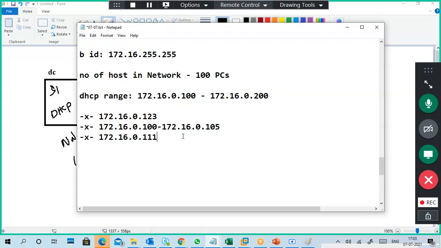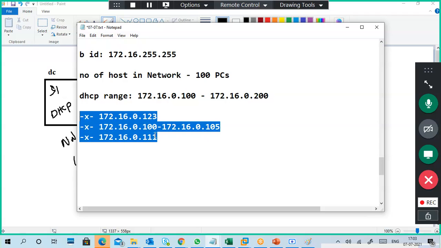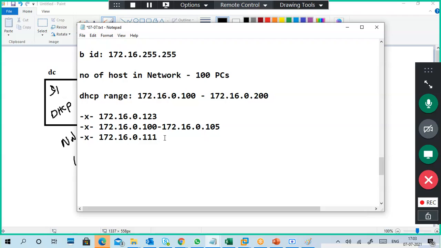So like that, these are the exceptions. Different types of exceptions, it is completely your way to give. It depends upon your organization, servers, printers like that. You want to reserve some IP addresses for certain purposes, or to avoid conflicts between static and dynamic. So you can create exceptions.